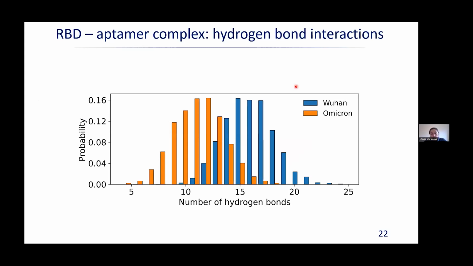So of course we tried to obtain some other, I mean quantitative, metrics of these complexes. To do this, we calculated the distribution of the number of hydrogen bonds between the protein and oligonucleotide during simulation. And here we can see that the number of hydrogen bonds is much larger in the case of the RBD domain from the Wuhan strain. That, of course, also explains its